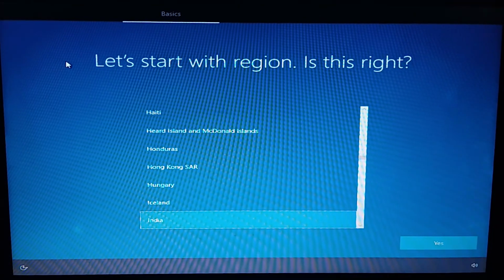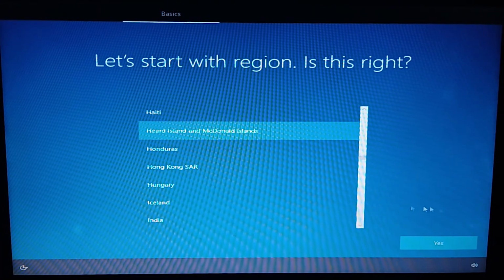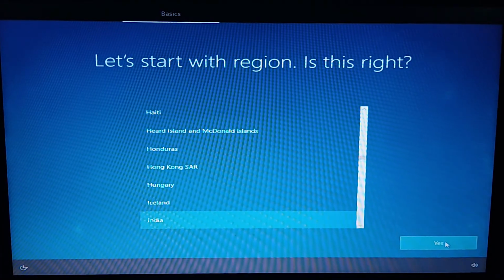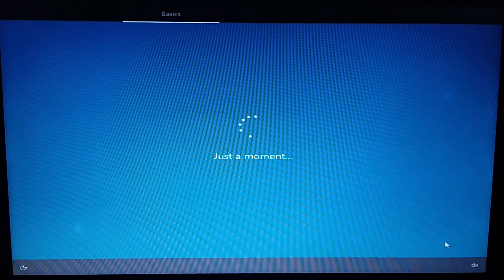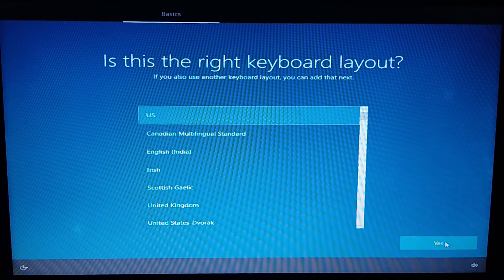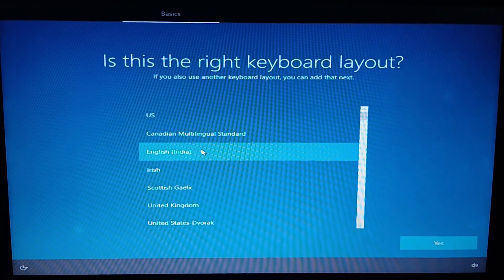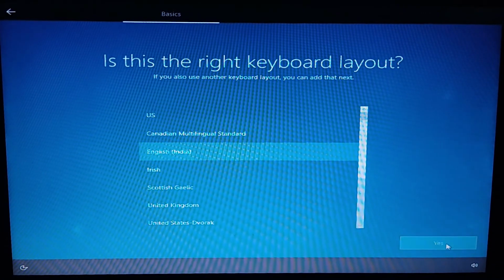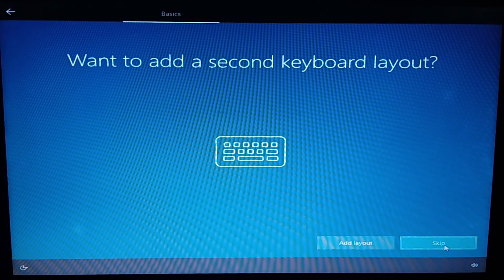Now it's asking, let's start with the region. Is this right? So yes, it's right. We'll click yes. Is this the right keyboard layout? So we have to select English India. Then yes. Then skip.